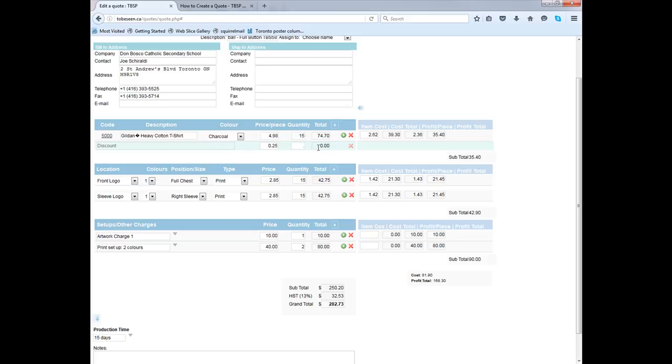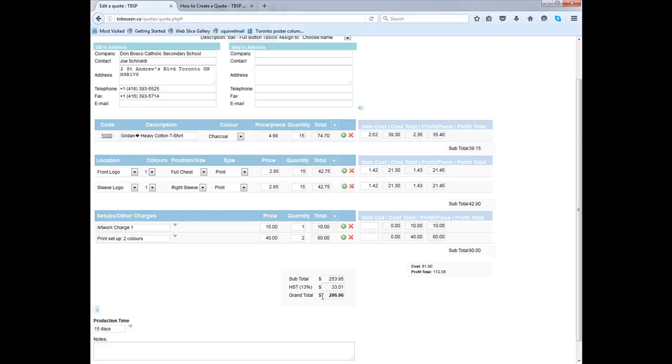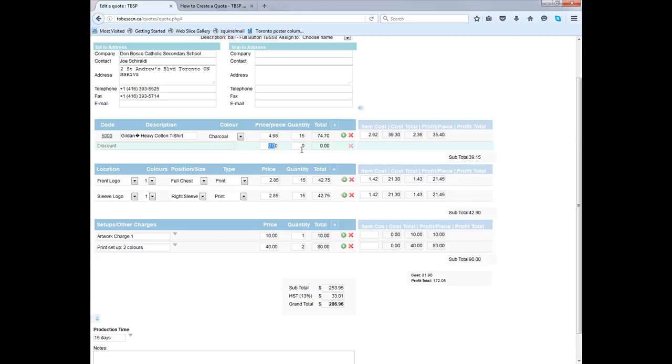And then type in 15 quantity. And you see right here. Not sure what happened to this price here, because I remember it was $282.73, but for the sake of this, it doesn't really matter. Let's just erase this so that you can see. So $286.96 before the discount. Now when we add the discount of 25 cents, oops, 15. I'm trying to figure out what's happening here. I think,